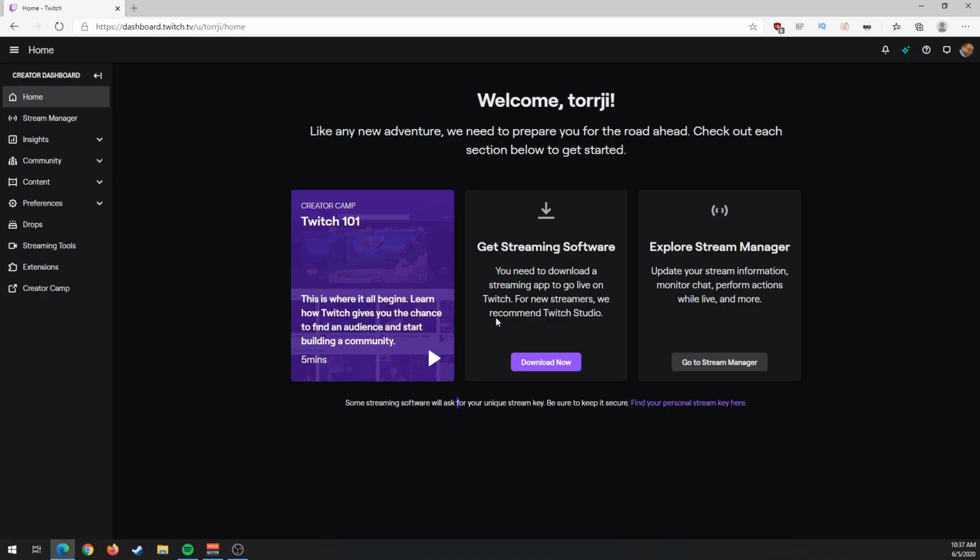After putting up my profile picture, I'll go ahead and go to my creator dashboard. Here you have an option to download Twitch's own streaming software called Twitch Studio. I don't really use Twitch Studio, so I'm gonna go ahead and install the software that I know, which is OBS Live. It's a version of OBS Studio with StreamElements integrated into it. I'll put in the description down below where you can download OBS Studio or OBS Live if you want to follow along with my process.